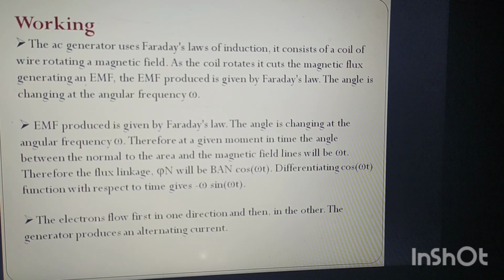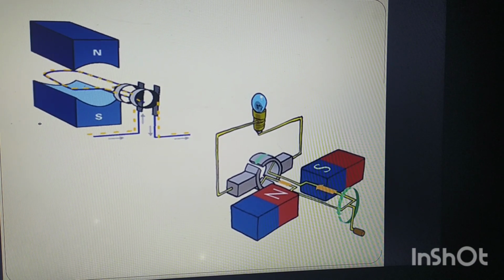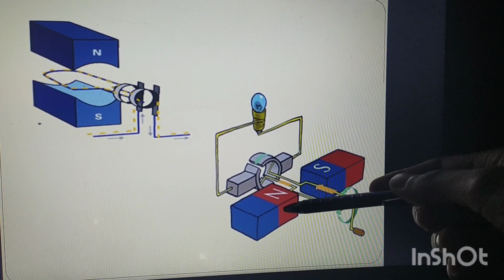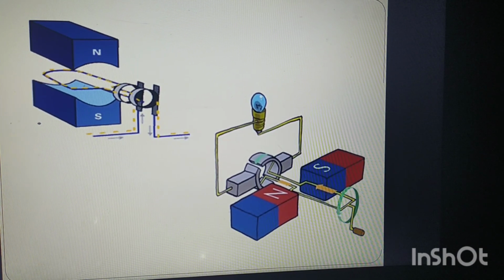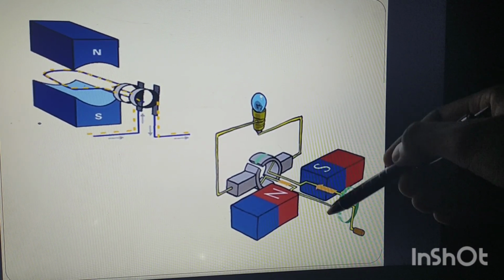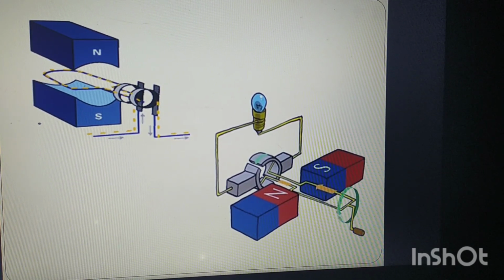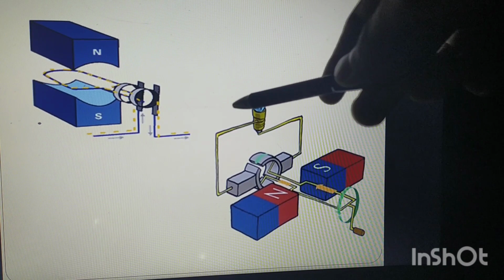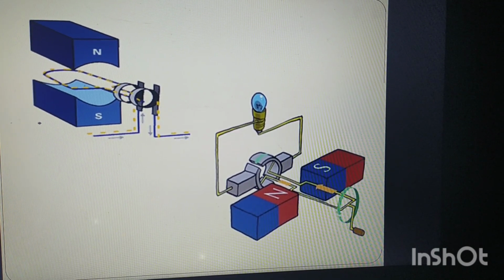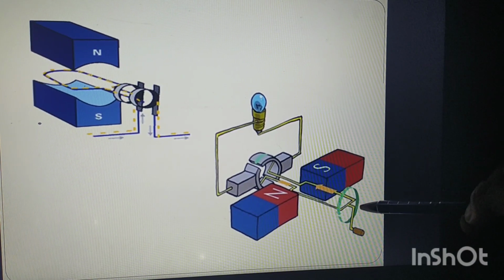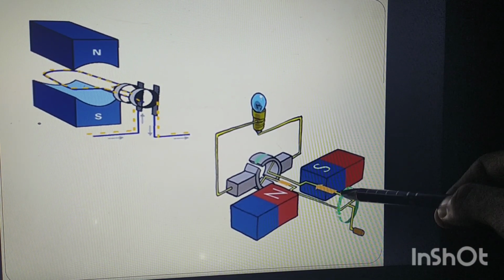Now what is the principle of working? First of all, let us have a look at this figure. These are the bar magnets that are used here to provide the magnetic field. And this is the rectangular coil, which is to be rotated using this magnetic field. This is the external circuit, and you can see the slip rings and the armature. You can see this coil is rotating with an angular frequency omega.